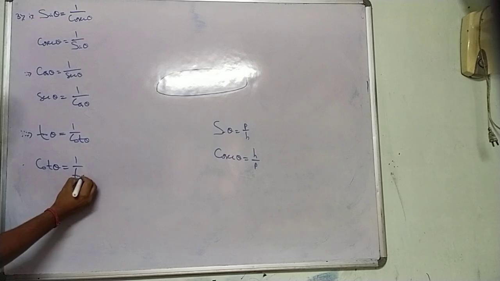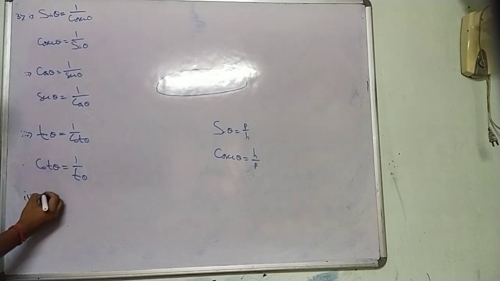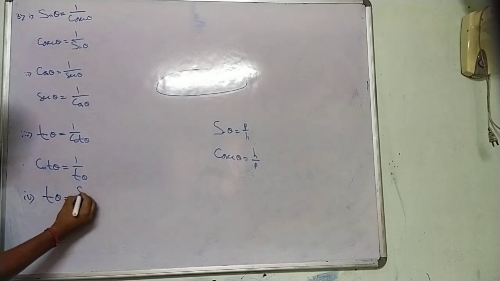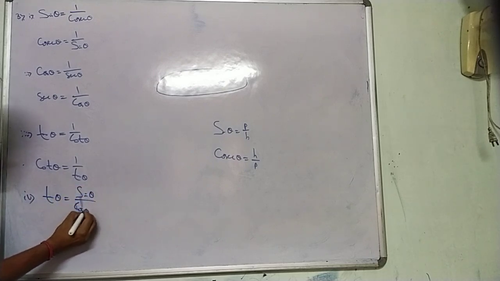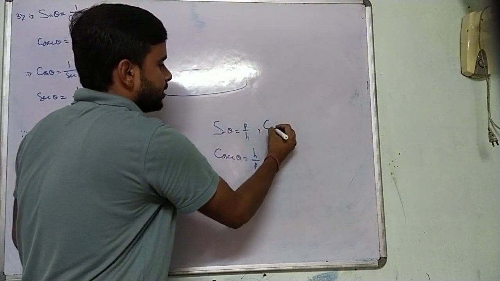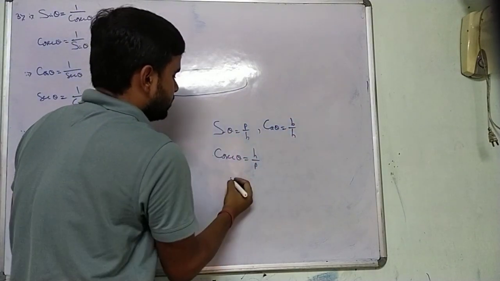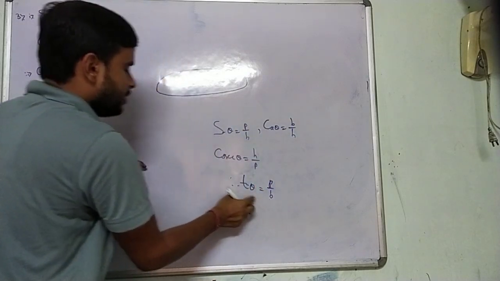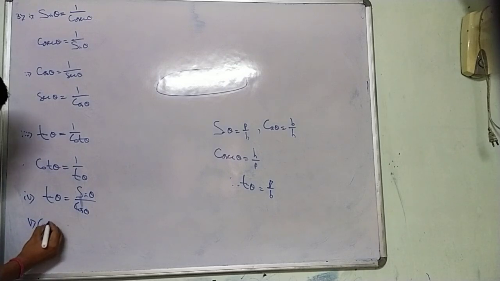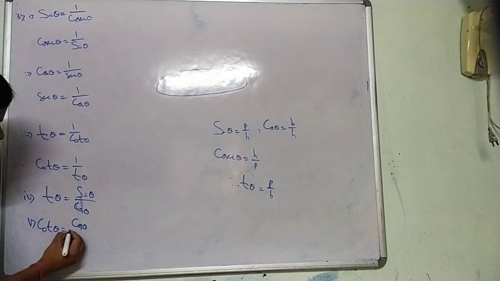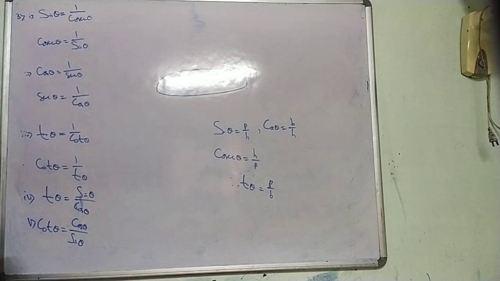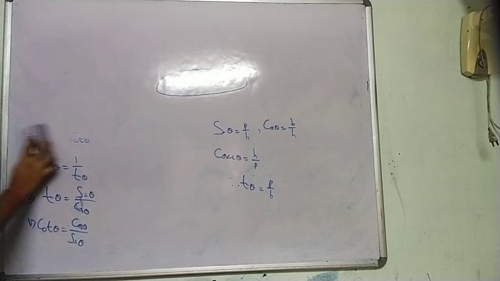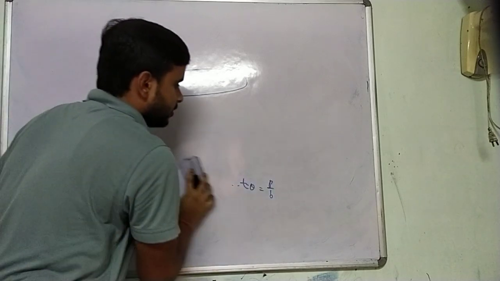1 by tan theta. Number 4, so these things you have already studied. Tan theta equals to sin theta by cos theta. That is, if you divide sin theta and cos theta, the ratio of sin theta and cos theta, you find that you will get what? Tan theta. Just check once. If you divide, you will get what? P by b. And similarly, cot theta equals to cos theta by sin theta. Fine, everyone?